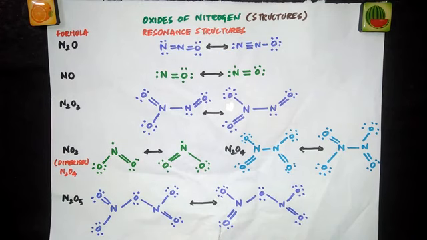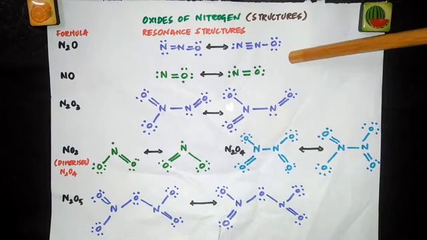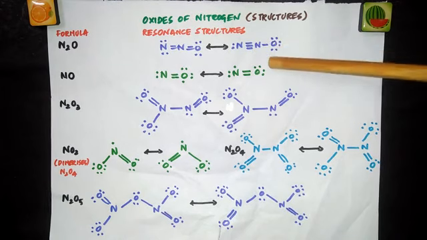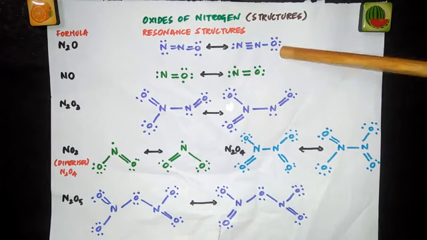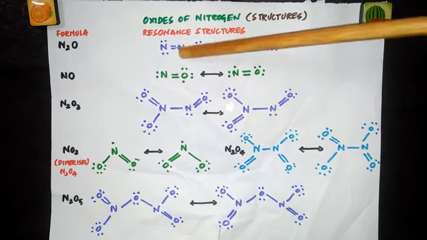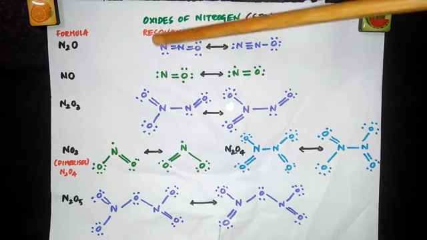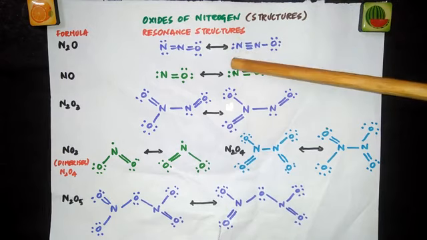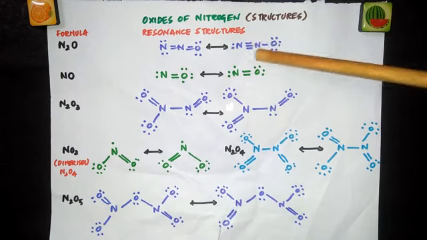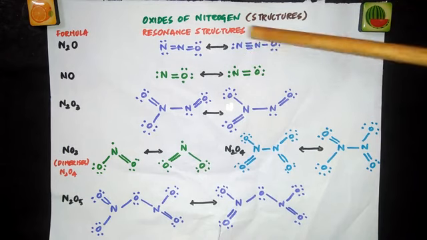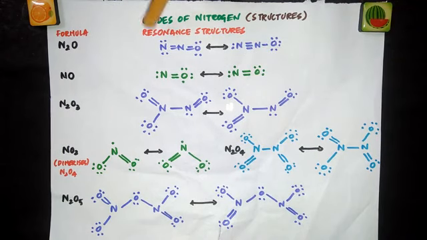And another possibility, instead of bringing a pair of electrons from oxygen, you can bring both the pairs of electrons from nitrogen itself so that the octet is satisfied for the central atom. Now look at this structure. Oxygen 1, 2, 3, 4, 5, 6, 7, 8. So it is with oxygen. Instead of bringing a pair of electrons from here so that there is a double bond, you can keep all the electrons of oxygen as such, but bring both the pairs of electrons from nitrogen itself. So see, now nitrogen has got only 2 electrons and 3 pairs of electrons are shared between this nitrogen and that nitrogen. So now these two are resonance structures.